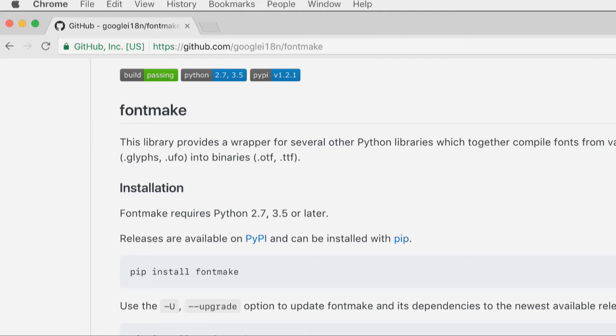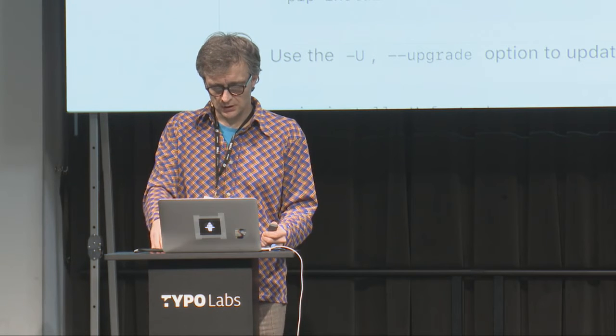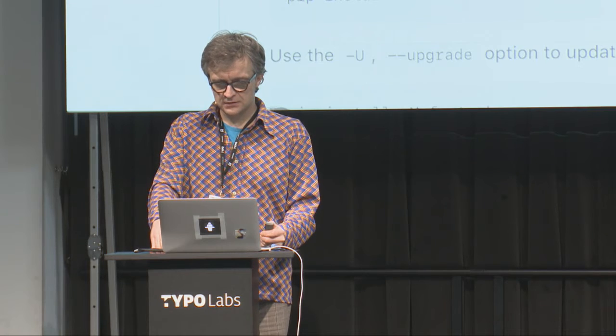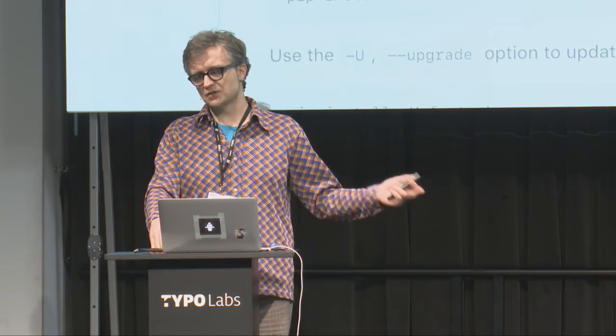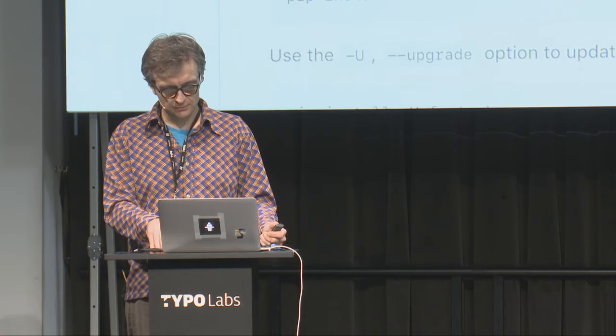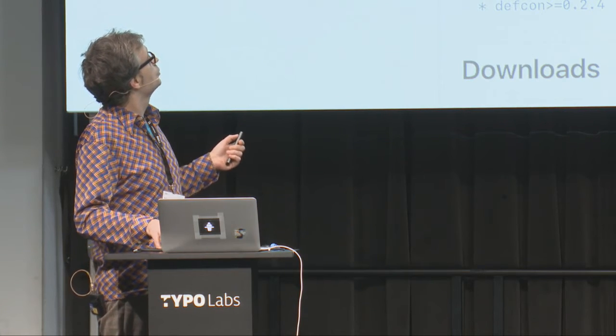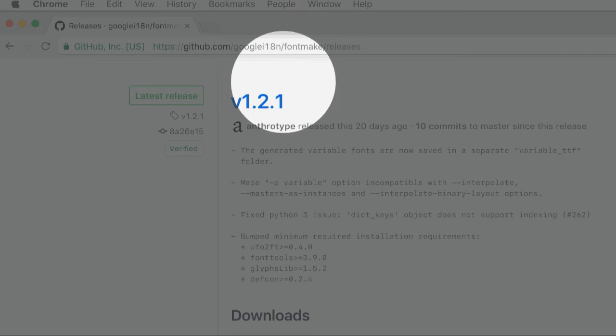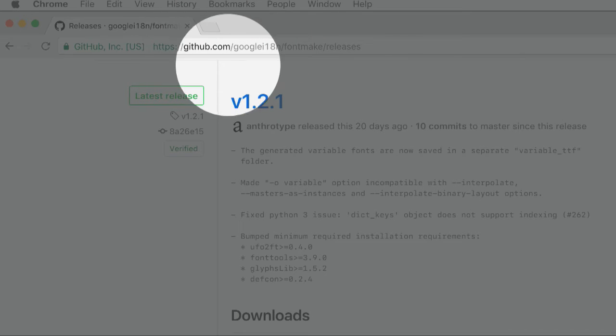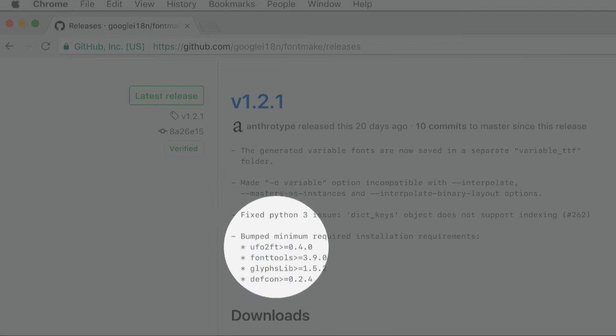So FontMake, well, how do I get FontMake? FontMake is an open source project that is developed by a number of people at Google, but also Behdad Esfahbod and Sascha Brawer, and a few others, and a large number of contributors. And it's a Python tool. It installs a number of other libraries and heavily relies upon them. If you go to GitHub, google/fontmake, that's the repository. In releases, you can download